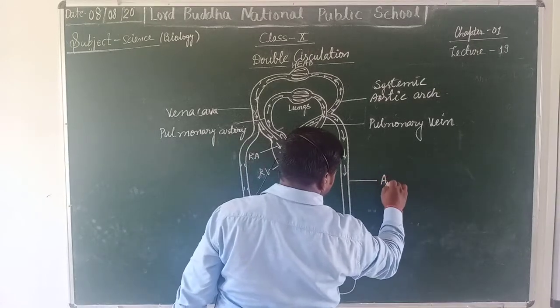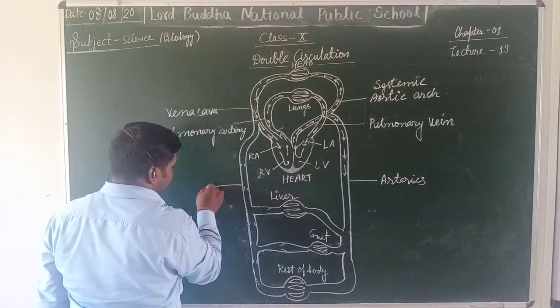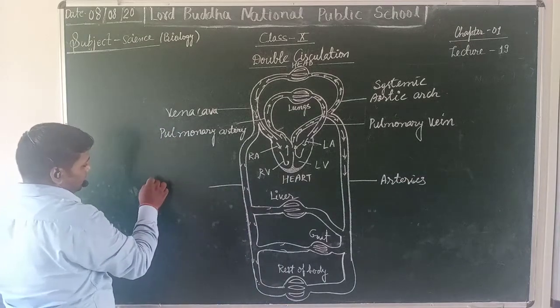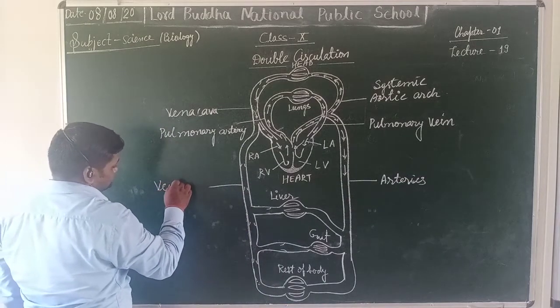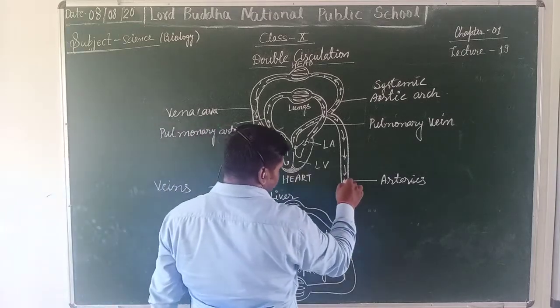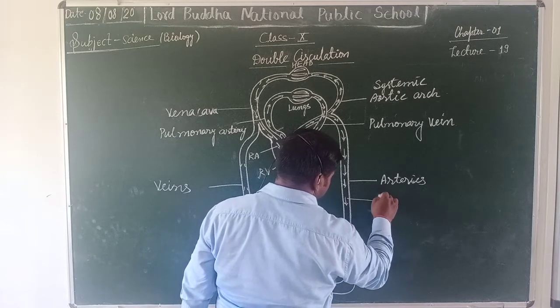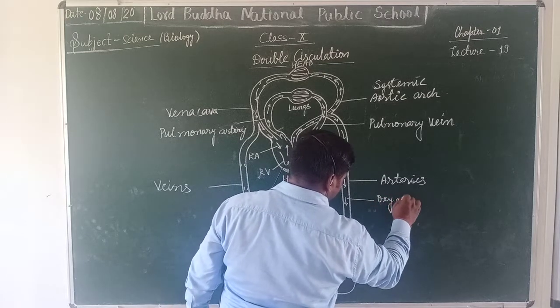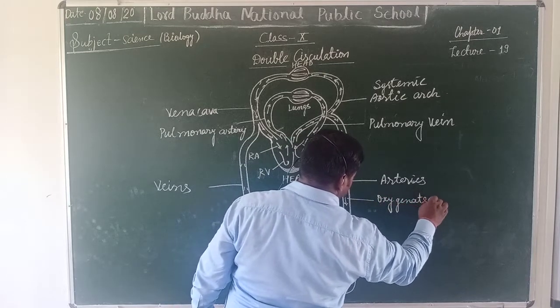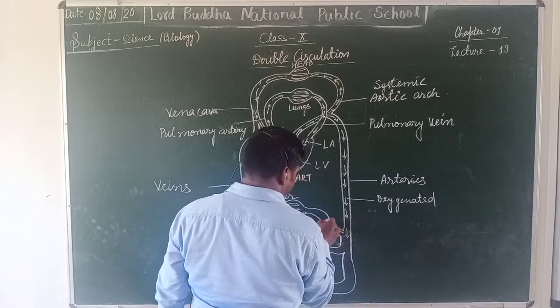These are the arteries, and likewise you can represent the veins. This is oxygenated blood. The oxygenated blood flows to the various parts of our body,